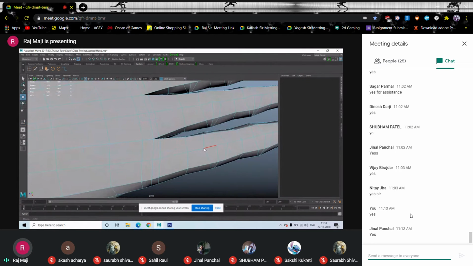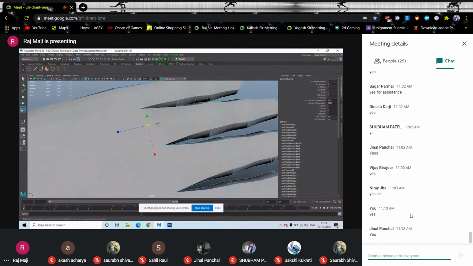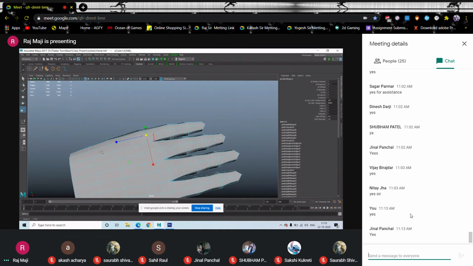The same thing, isn't it? So I'm selecting these two, these two. I'm selecting these two. I generally don't use this topology, but today I'm using it,